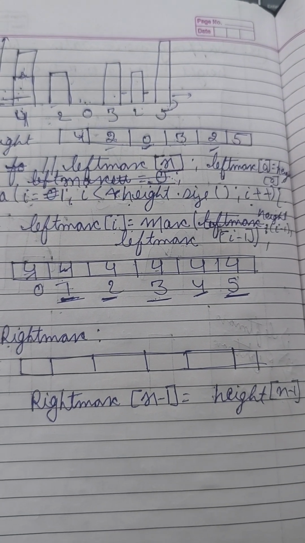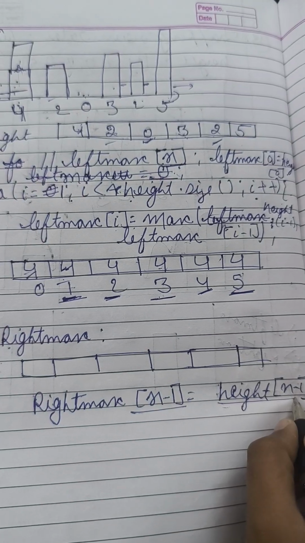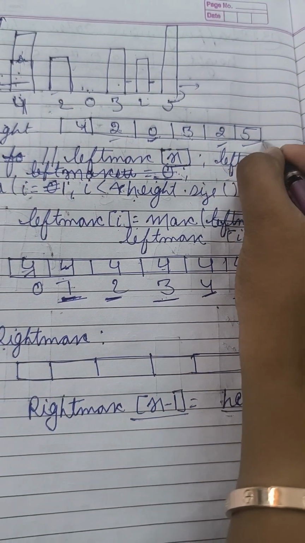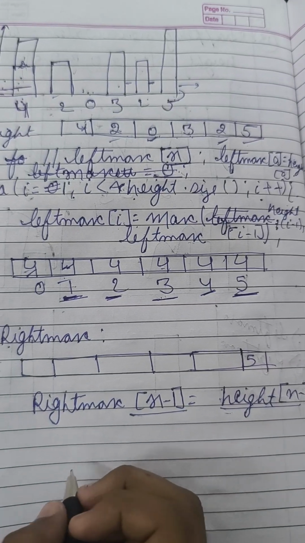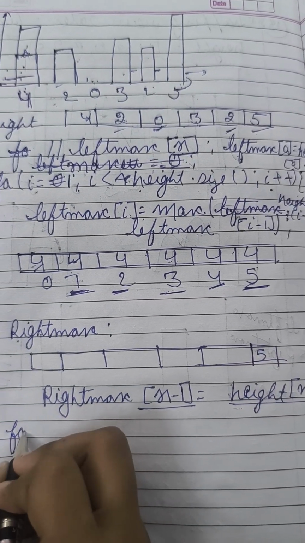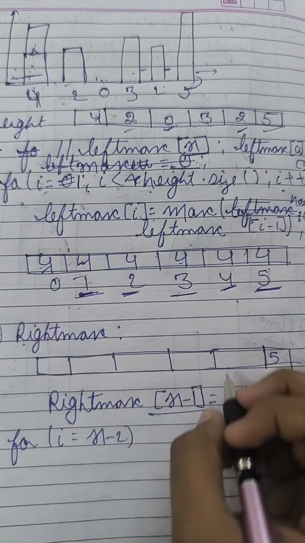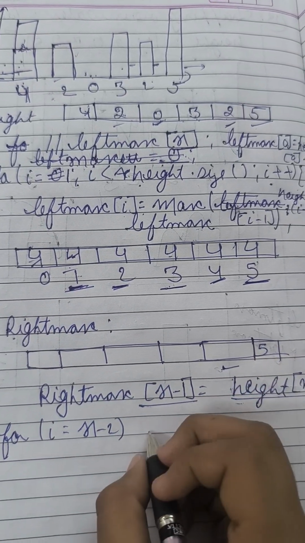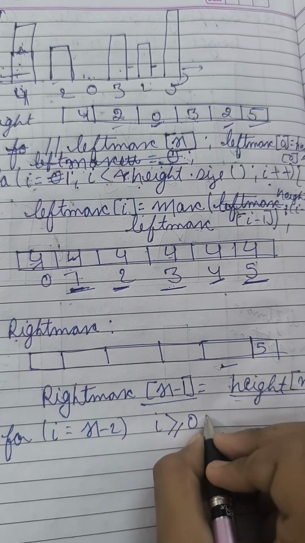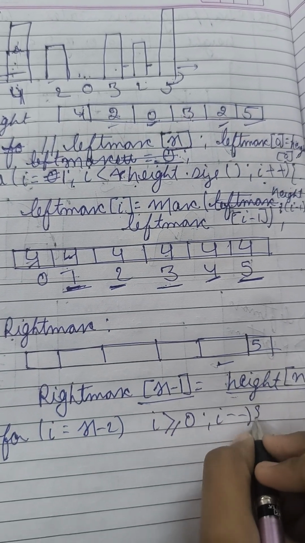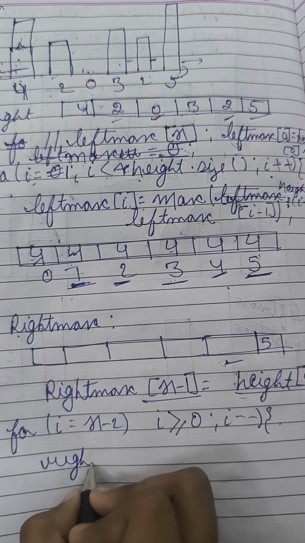So right max of n minus 1 equals height of n minus 1. n minus 1 currently is 5, so 5 is going to be stored over here. Now I am going to apply the for loop which will move from I equals n minus 2, which is from this element, till the time I is greater than or equal to 0, with I minus minus. And each time what will happen is that right max of I